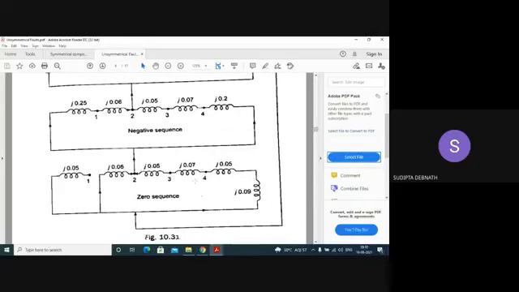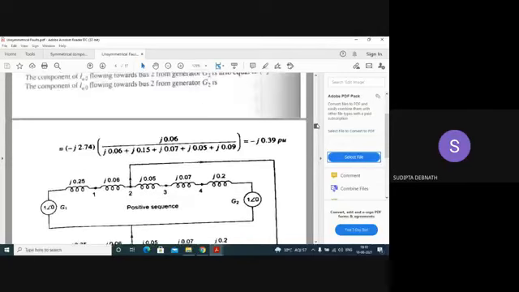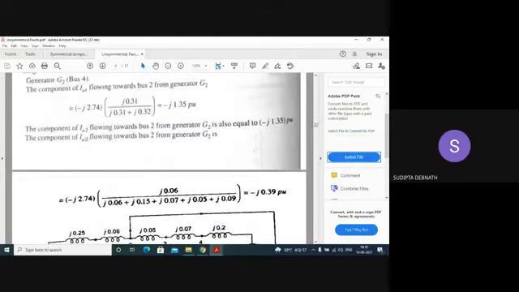From here it will be different because here this has been disconnected. So in the numerator, instead of 0.31, it will be only 0.06. And in the denominator it will be 0.32 plus 0.06, because that 0.05 will not come into the picture. Understand? In the numerator it is 0.06, in the denominator it will be the summation of all the reactances. So that 0.05 is absent.